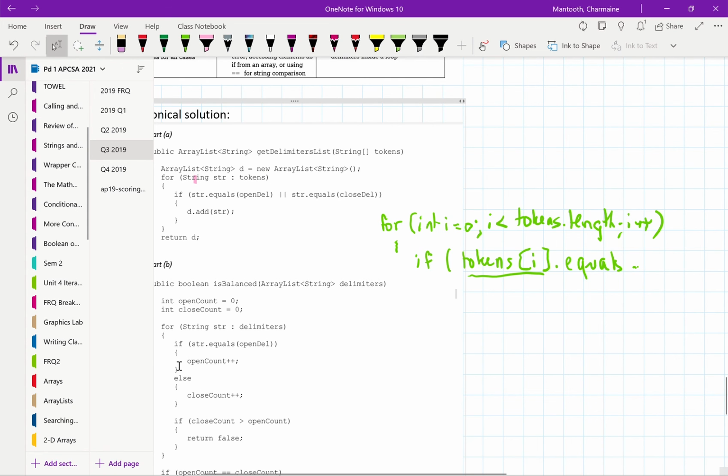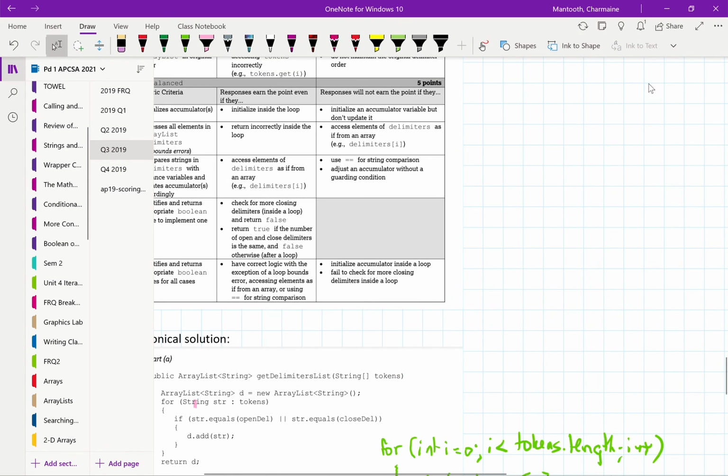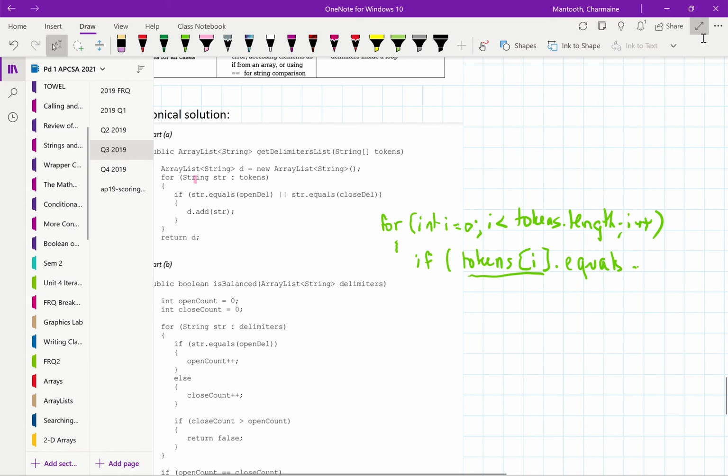And then for the part 2, where it actually now passes in the